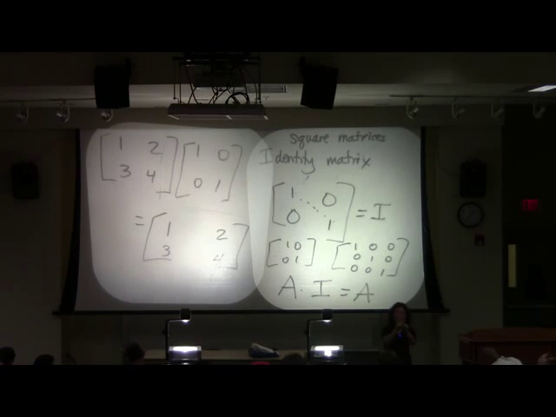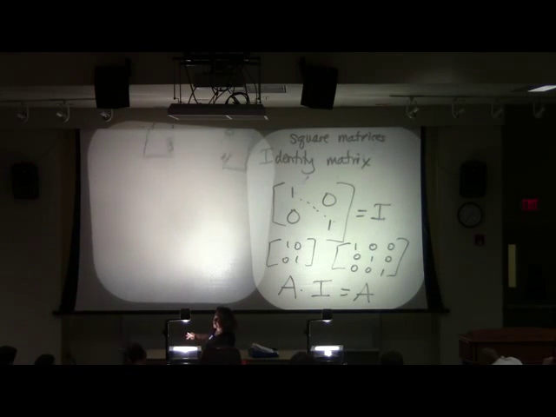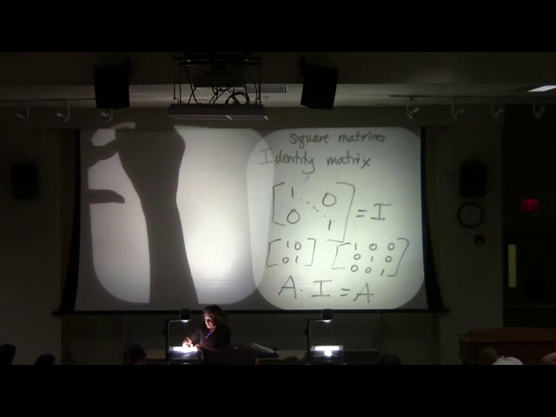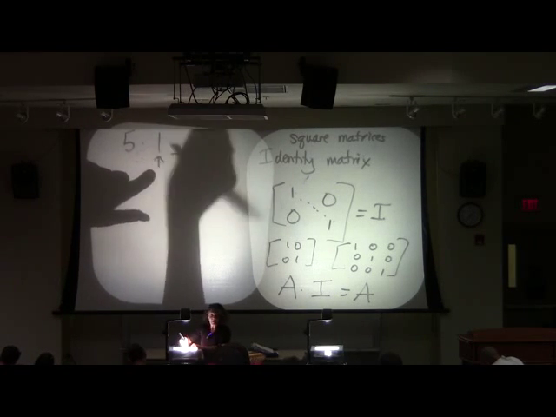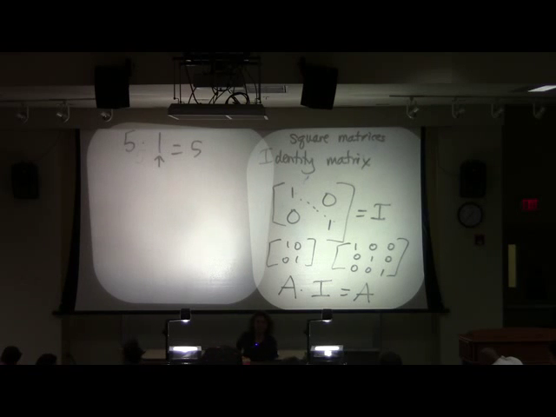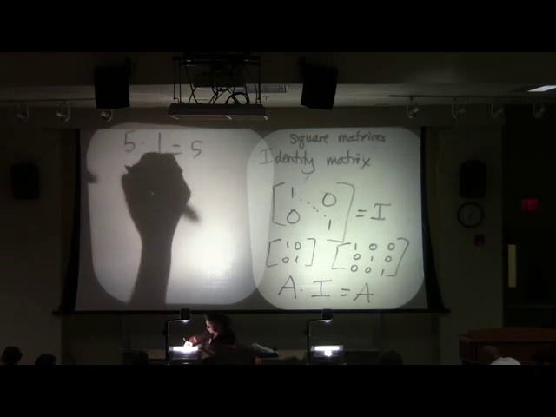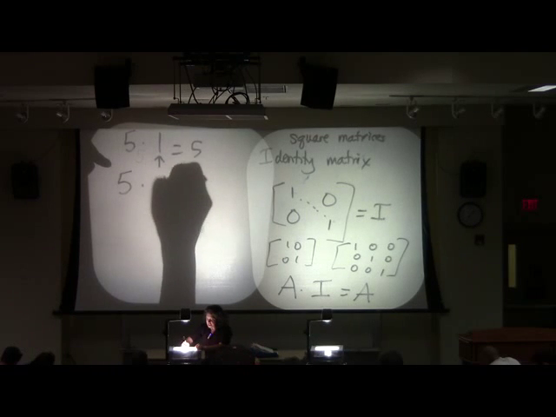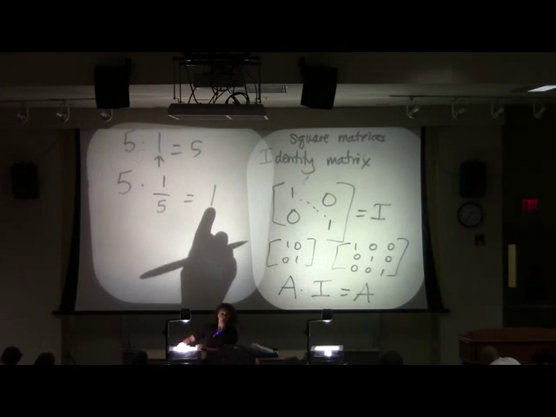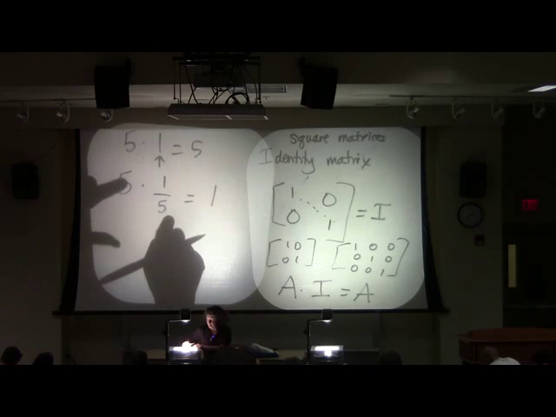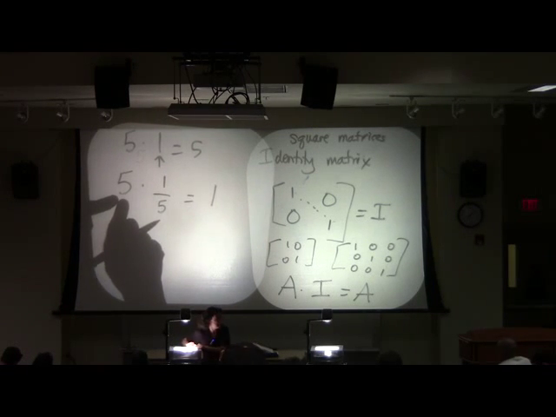Okay? There's one more thing I need to establish, and then we're going to learn how to solve bigger systems. Okay? All right. So let's go back to just regular old numbers. Well, we know 5 times 1 is 5. He's like our identity matrix, isn't he? Yeah. All right. Remember, we also have things called multiplicative inverses. In other words, I'll show you. 5 times 1/5 gives you your identity. Right? Your multiplicative inverse. We've talked about additive inverses already.